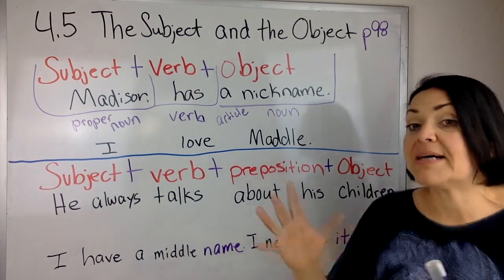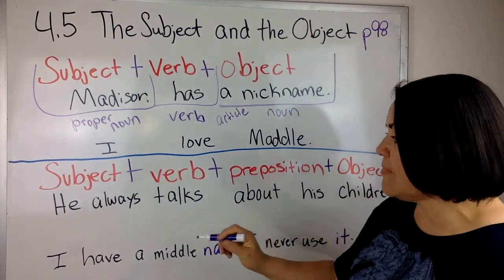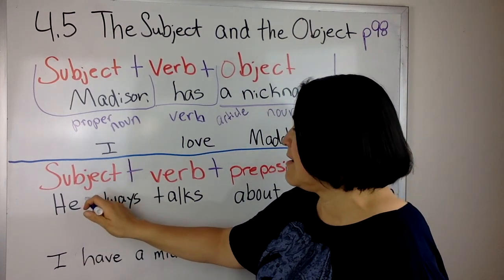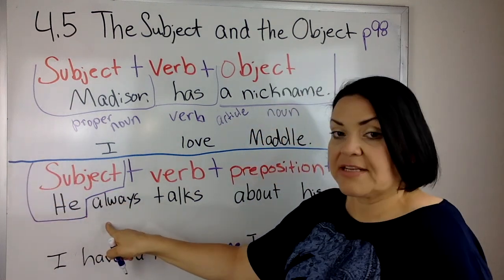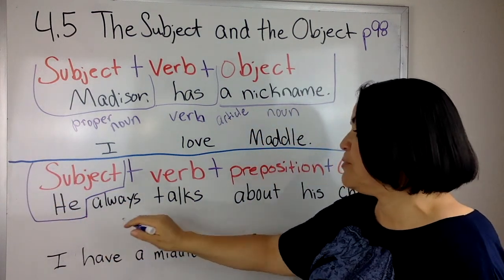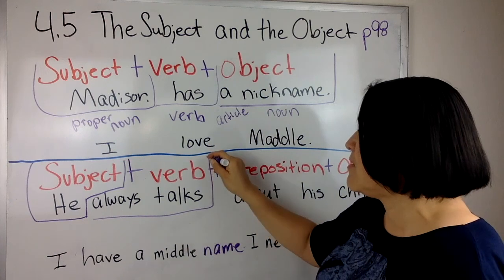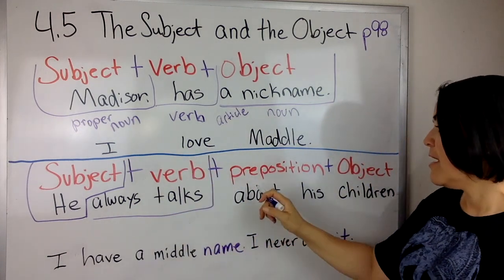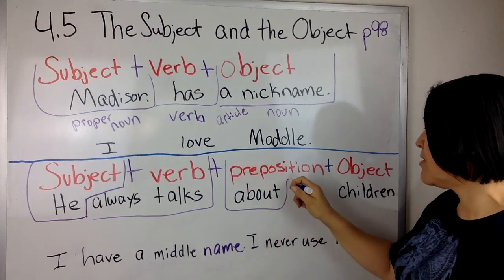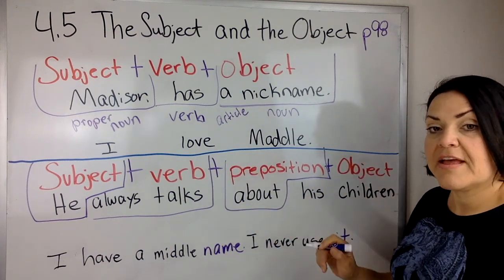So in this puzzle piece, this piece right here, that's the subject. These two pieces are part of the verb, and I will break that down a little bit. About is part of the preposition, and then